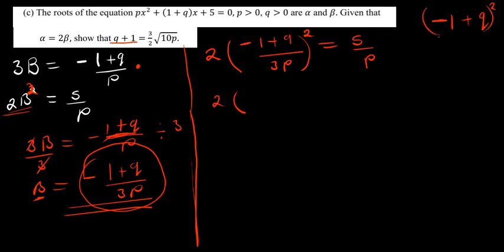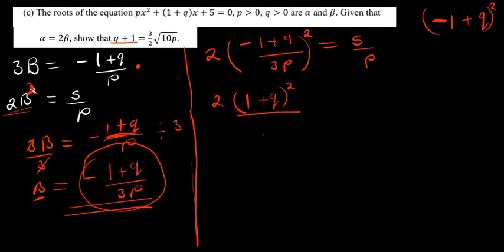What does this square mean? Since it is squared, the negative here will disappear, because it's just a negative. So after disappearing, it will be 1 plus q, squared, over